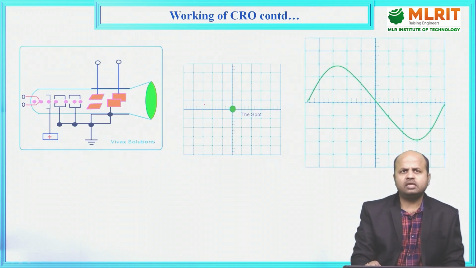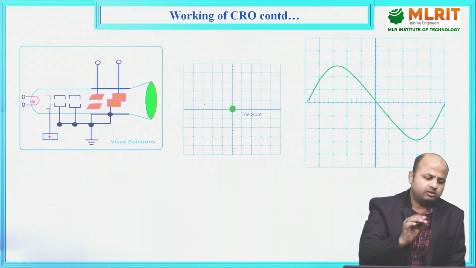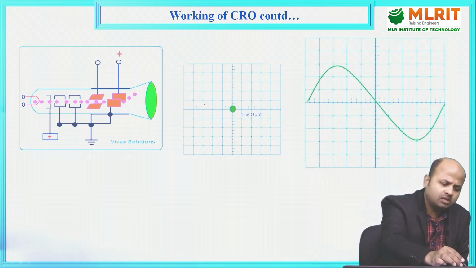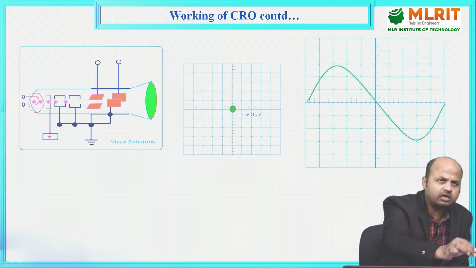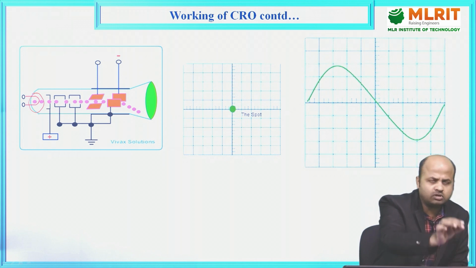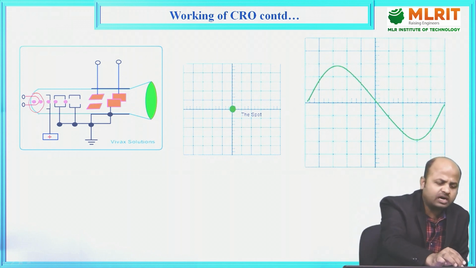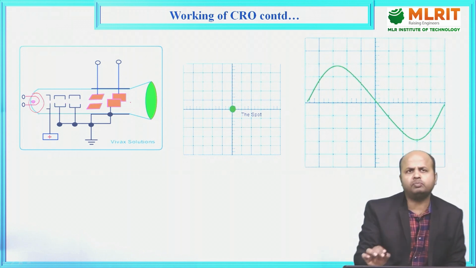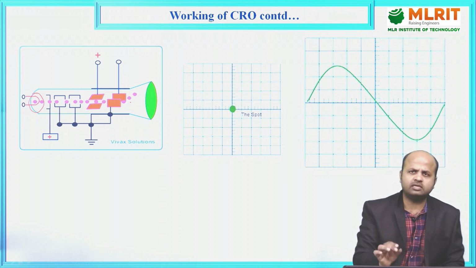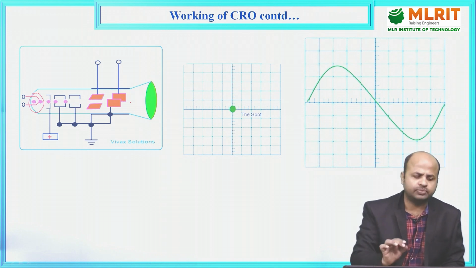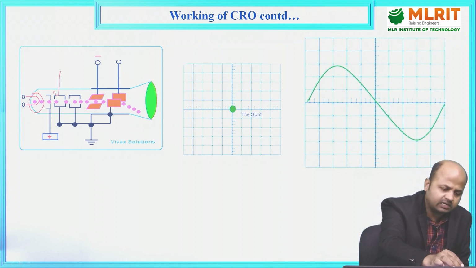Now here we can see with the help of animation, this is our electron gun. Already I discussed what this electron gun is doing. Electron gun is ejecting the electron beam. Here we can see that there is the focusing anode. Okay. And this is called the accelerating anode.